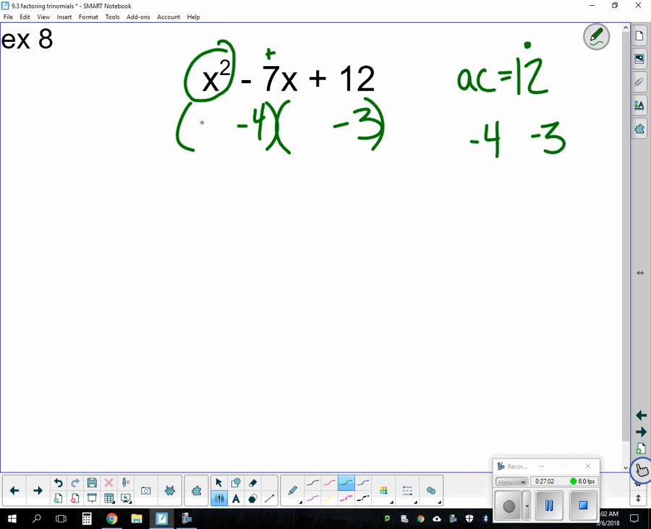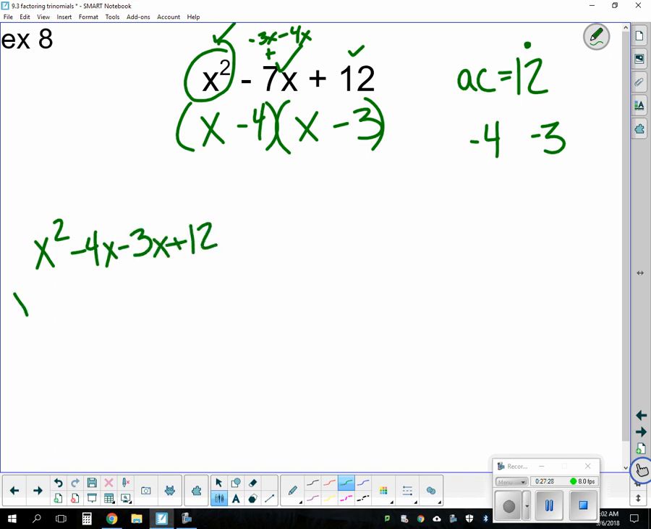What do you multiply to get x squared? X times x. That's your answer. Check it out. X times x is x squared. Then you'd get a negative 3x, a negative 4x, which sure enough is negative 7x, and negative 4 and negative 3 is positive 12. Very quickly, if I did it the long way, if I did it all out with no shortcut,